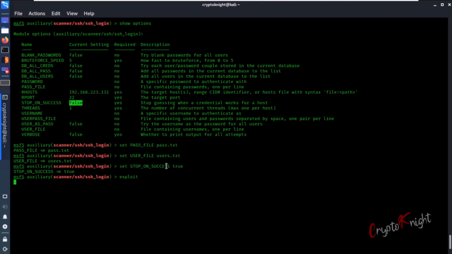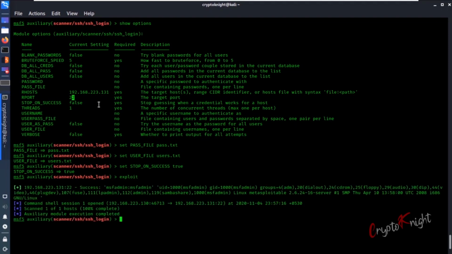It will basically brute force this particular IP that we provided on port 22. It will try all the possible combinations, and if a particular set of credentials works, like msfadmin, it will display that. Okay, interesting. Now it says success, msfadmin and msfadmin both worked, and also it says that session 1 is opened. That means this is our IP, and on this particular port a connection has been opened, and we have successfully attacked this particular IP and port number.